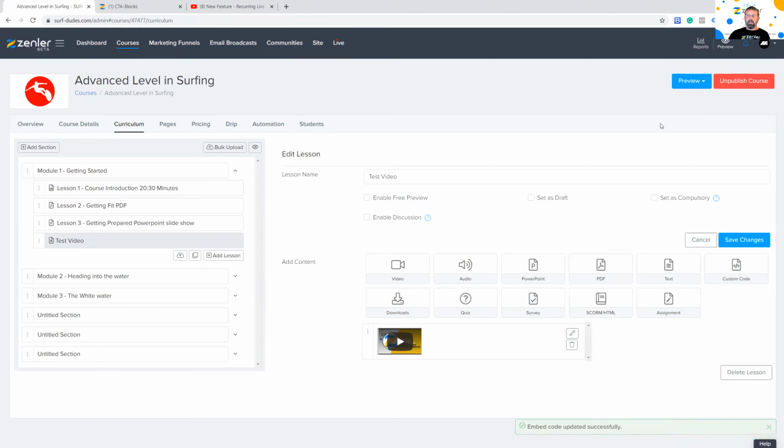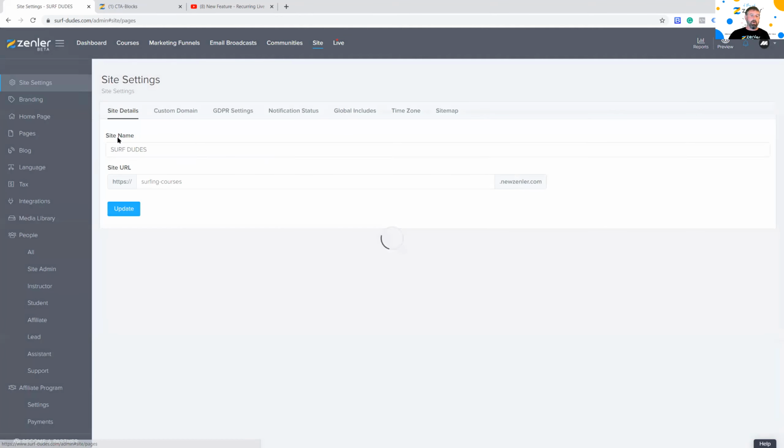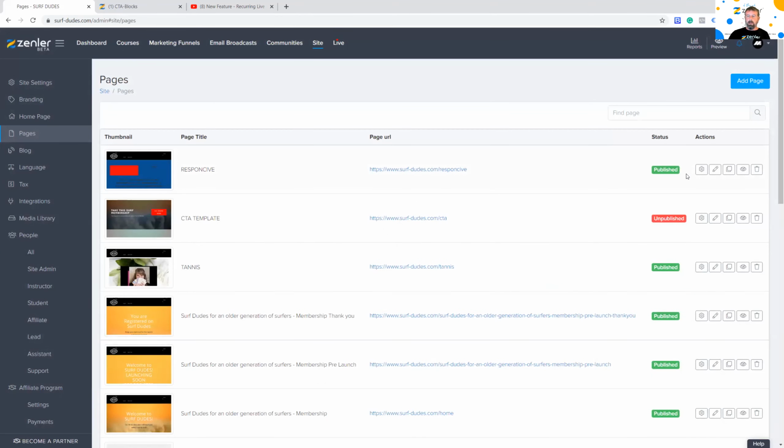Now, the same thing can be done with any of the pages. So not just the course pages, but any page, right? Any page you can put video. So if I go into the site and I go to pages, we're just coming to that responsive page. Well, that's pretty horrible, but let's go into it anyway. And I'll just drop a video block in there, and you'll see in the video block we have the same options. One, we can upload a video, and we can also embed a video in there.